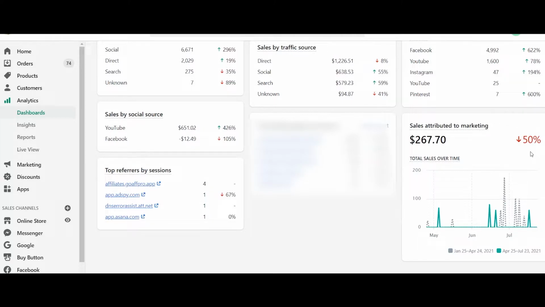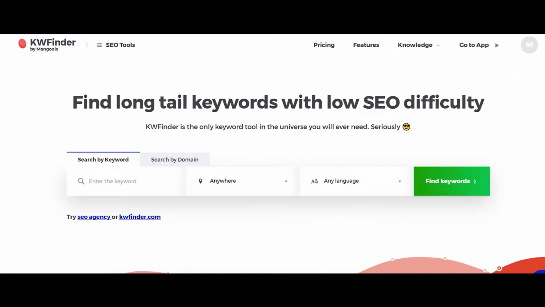So what I basically did was, first of all, I went on to a keyword research tool. This tool is called Keyword Finder, and here I typed the problem that my product can solve. So let's say that you are selling waist trainers on your website, and that product helps you in making your waist look smaller. So what I'm going to type here is how to make your waist look slimmer, because this is the problem that our product will solve.